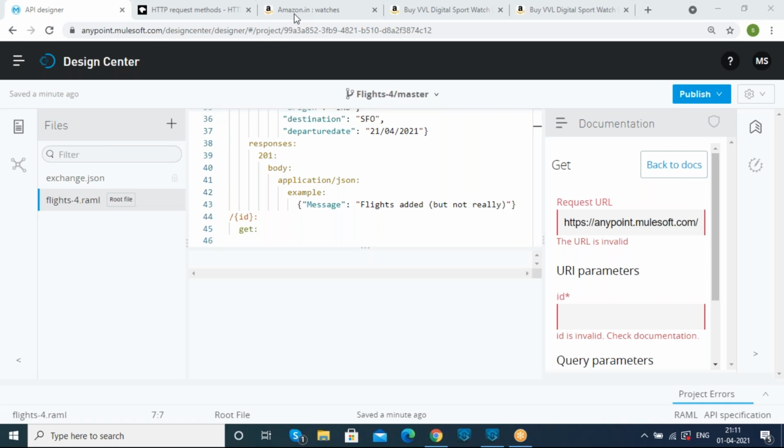So here I just want to configure the ID. So guys, just script it, because this JSON code will be useful for us in the upcoming sessions as well.